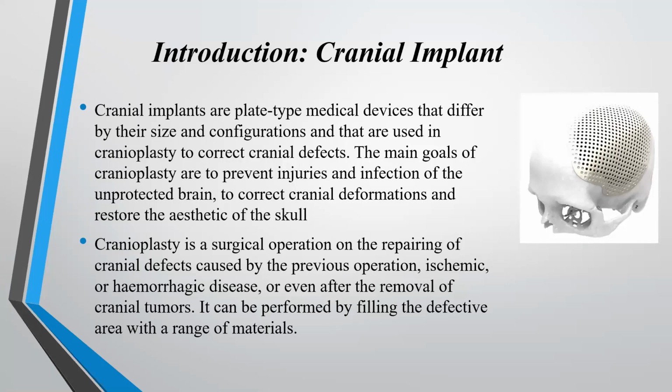Another disease is ischemic disease. It mainly occurs when there is not enough flow to the brain to meet the metabolic demand, which leads to limited oxygen supply and death of brain tissue, thus causing a surgeon to operate on the brain. Another disease is hemorrhagic. It is mainly caused by the high blood pressure created inside the brain. So the surgeon operates to release the pressure created inside the brain by the blood. All of which leads to corneal implant design.